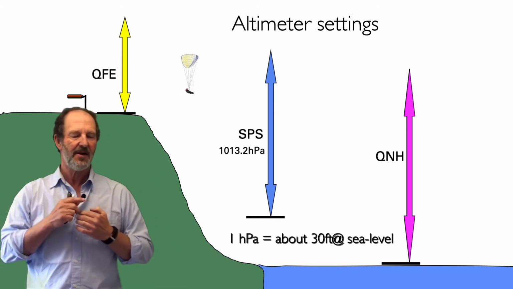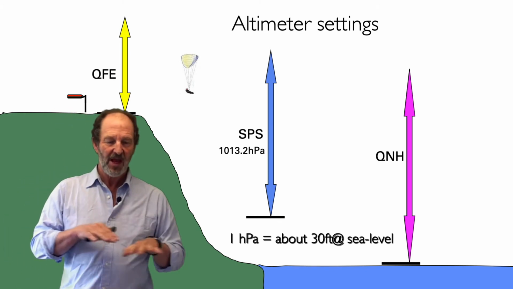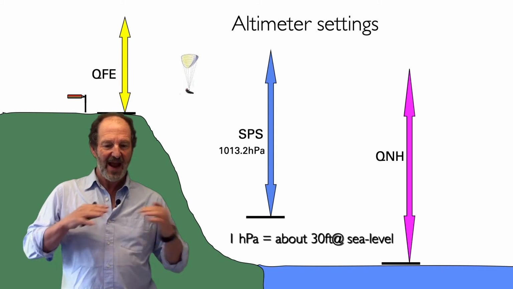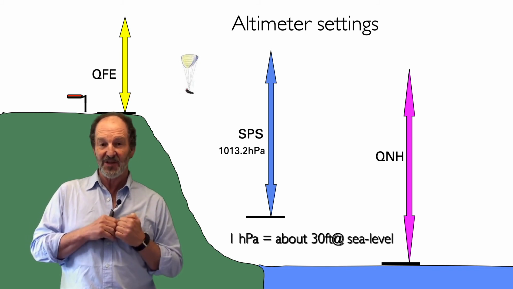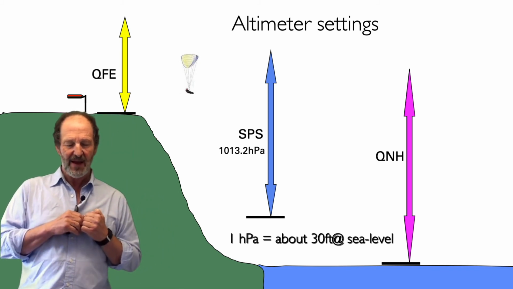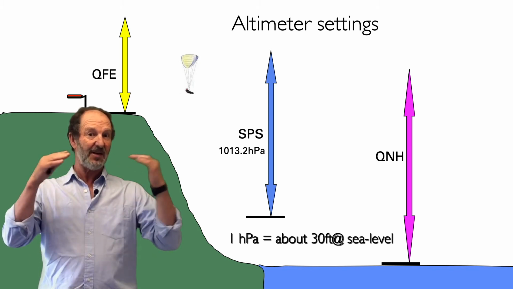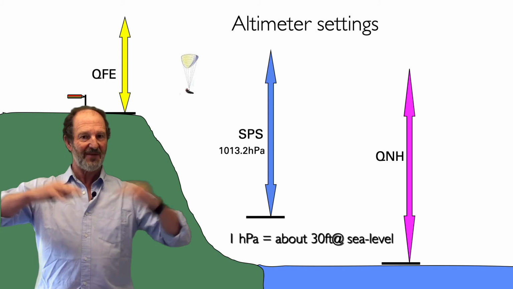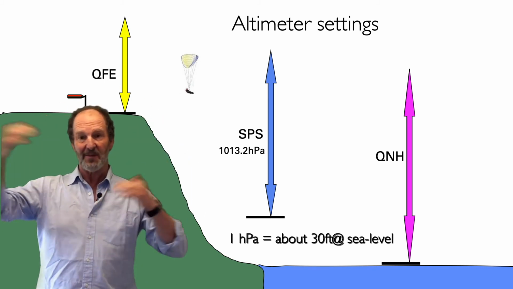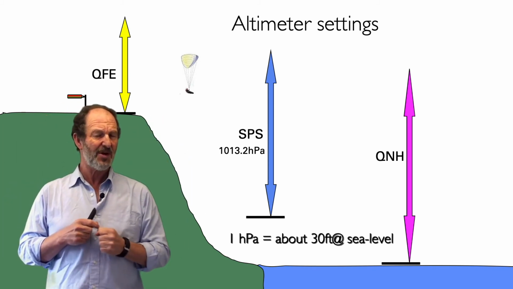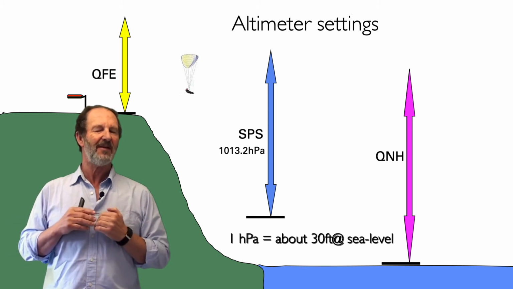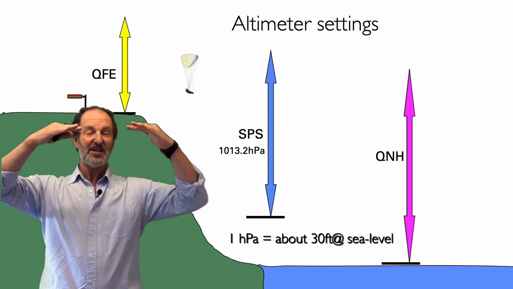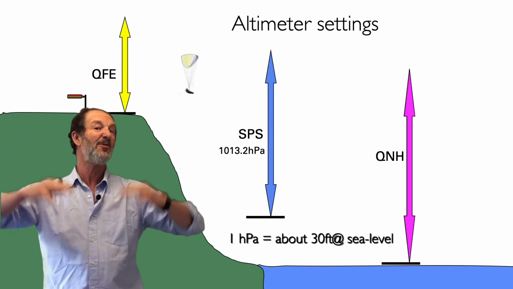So to prevent this from happening, we have a standard atmosphere, and we say, okay, everyone sets assuming the pressure is 1013.2. And that means that everyone's altimeters above a certain level are going to be the same. Airspace on the ground is usually from the ground up or sea level, but for any higher airspace where people are going to be travelling some distance, anywhere that commercial aircraft use, we want to use a flight level. And then everyone's altimeter reads the same. So the flight level, as the pressure changes, moves up and down, but it doesn't matter because everybody's got the same